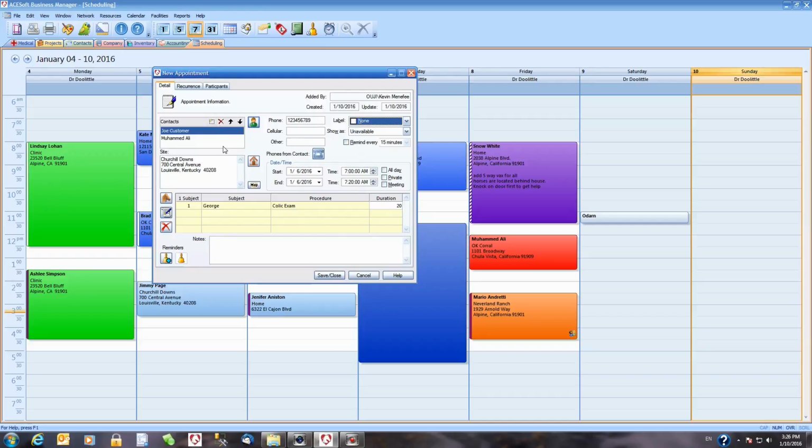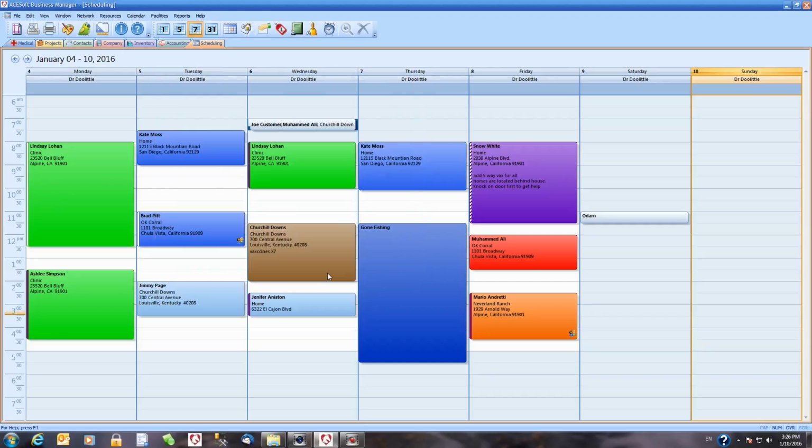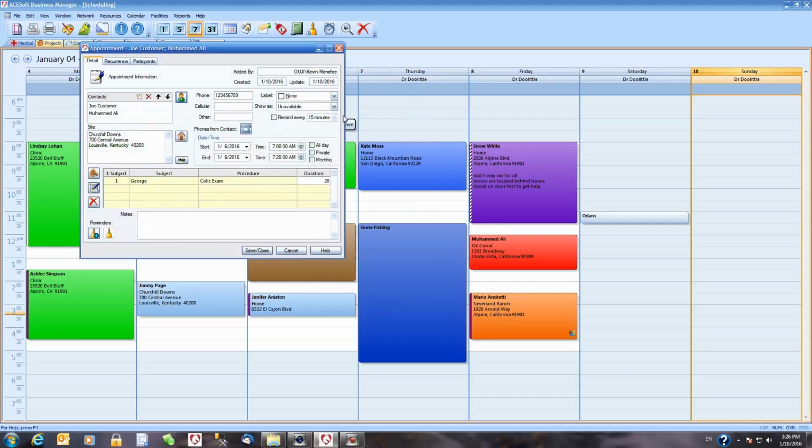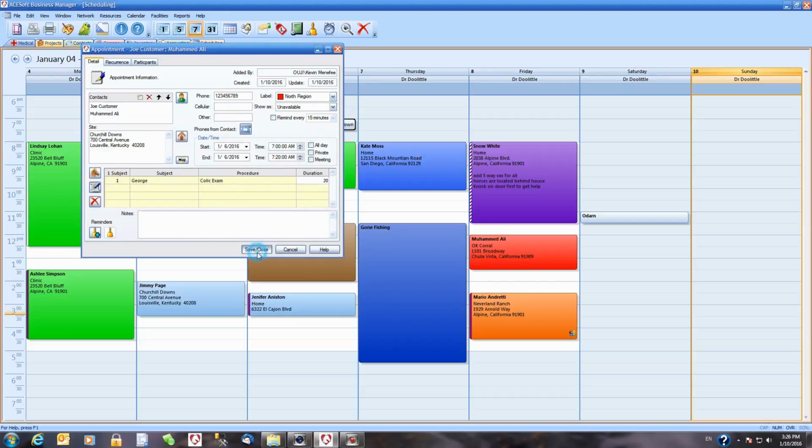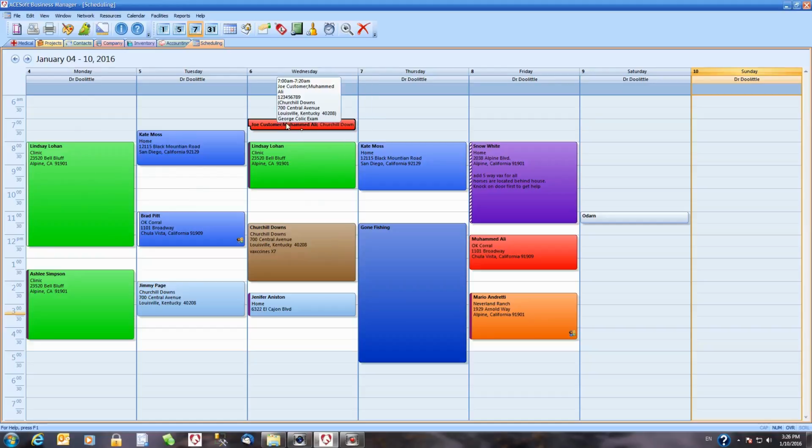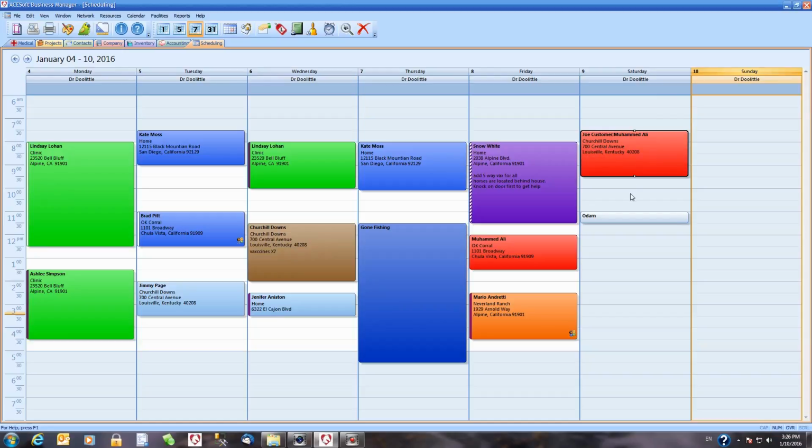So now that we have created an appointment, we can just save and close that. Oh, I forgot to color it. Let's just color it North region. So now we have this bright red, and let's just move this appointment over to Saturday. I'm just dragging and dropping it with my mouse, and let's pretend we need more time. We can actually stretch that accordingly